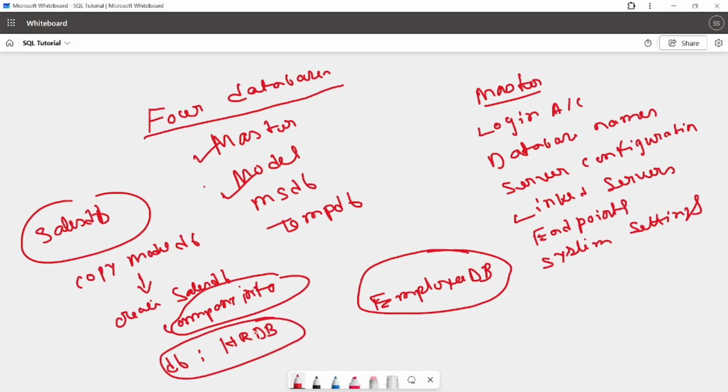So the company information table will already exist inside the HRDB, because it was copied from the model database. You can think of the model database as a photocopy template. Every new database is a copy of it. So next is